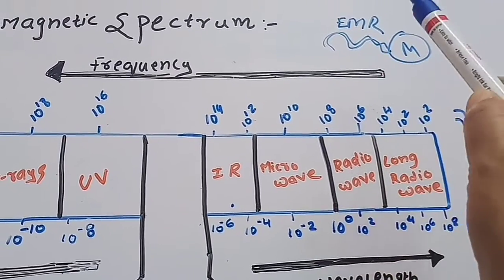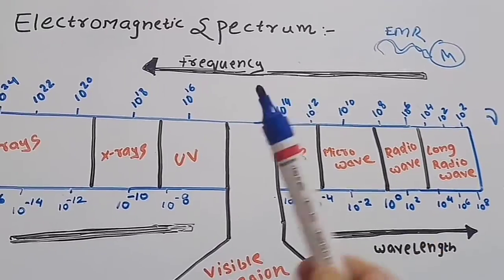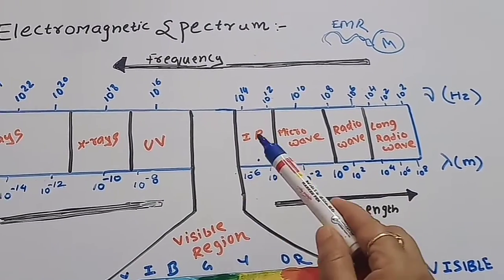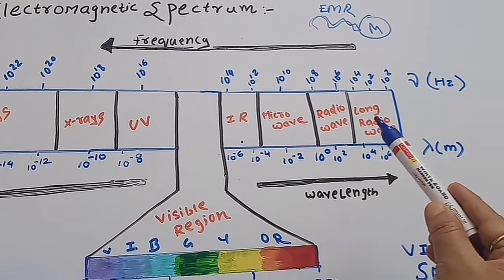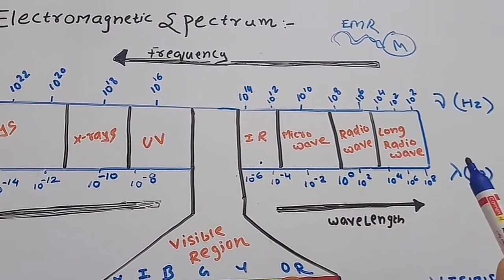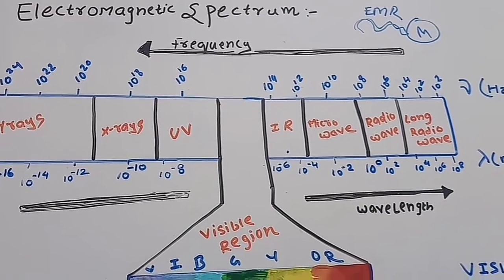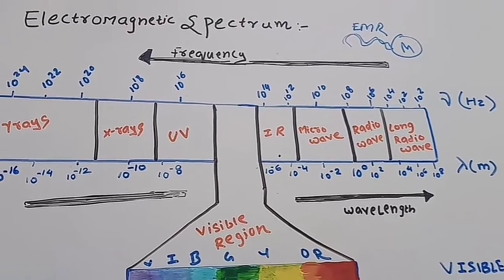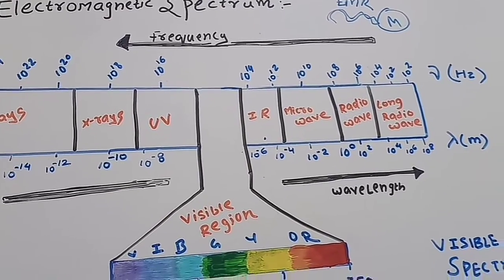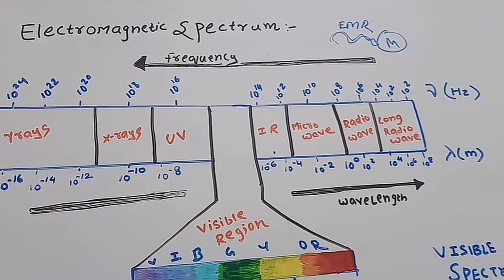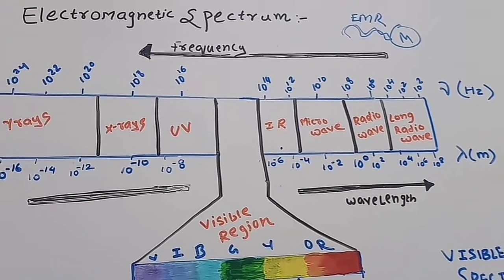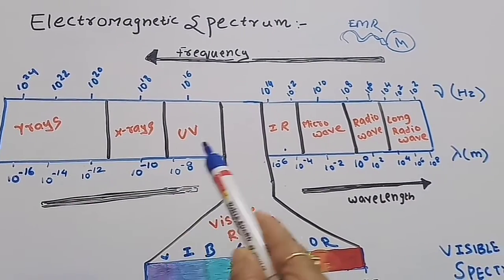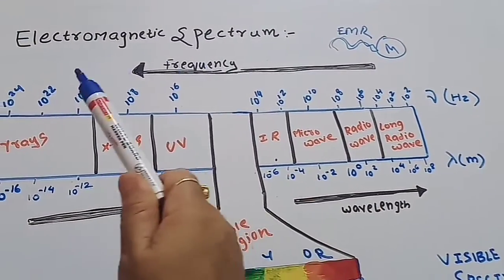Electromagnetic radiations are of different types. We can say gamma rays, X-rays, ultraviolet, visible region, infrared radiations, microwave radiations, radio waves, long radio waves. So there are many types of electromagnetic radiations in space, and our visible region is a small part of it. And we can also say that white light is the simplest example of electromagnetic radiation. Students, when all the different types of electromagnetic radiations are arranged in an array,